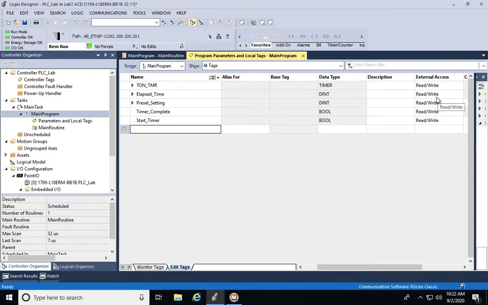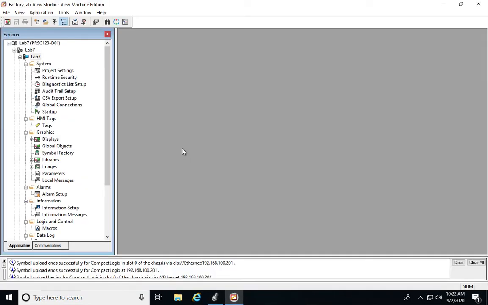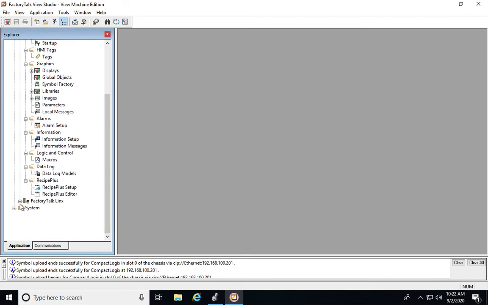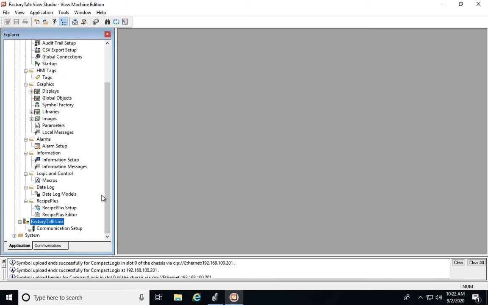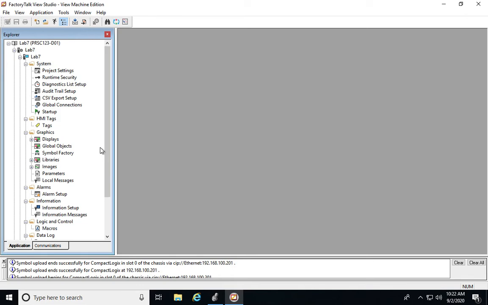So now it is time to actually make the HMI. So here's the HMI software that you have become familiar with. We've already at this point gone through and set up the communications. You know how to do that. So now what we're really interested in is editing the HMI and connecting the objects that we use in this HMI to the tags in the PLC. So first of all, as I said, in the Rockwell world, which is the umbrella company for Factory Talk and Allen Bradley,